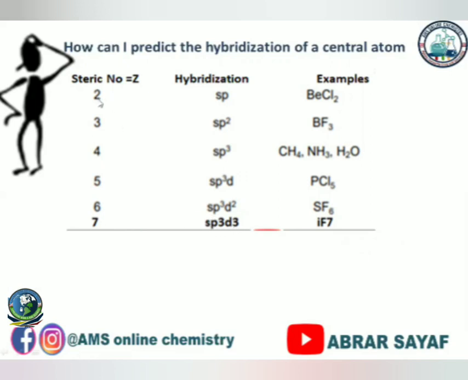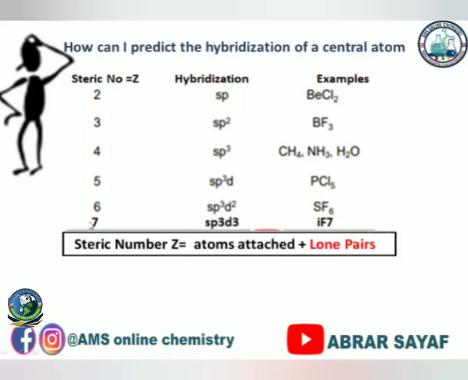Why is this 2? 1s and 1p, so 1 plus 1 is equal to 2. Why is this 7? 1s, 3p and 3d, so the sum of all these gives 7. Now how can we find the steric number? We can use many formulas. The first formula is